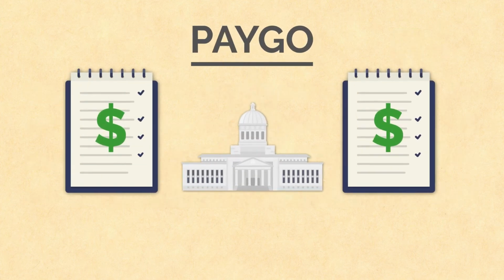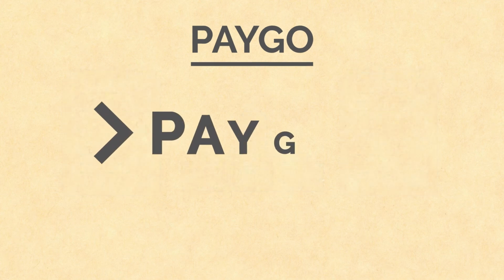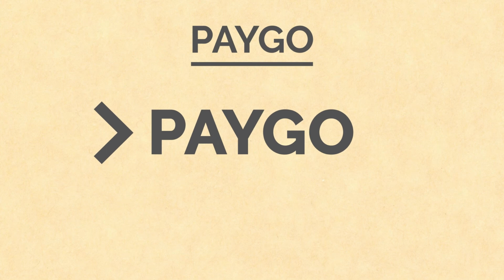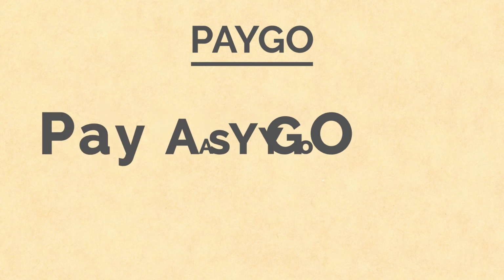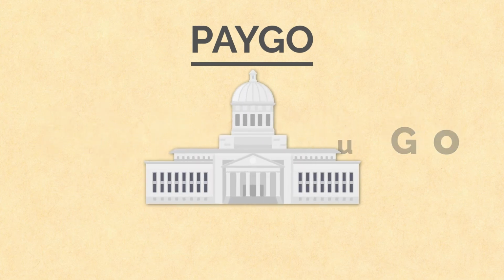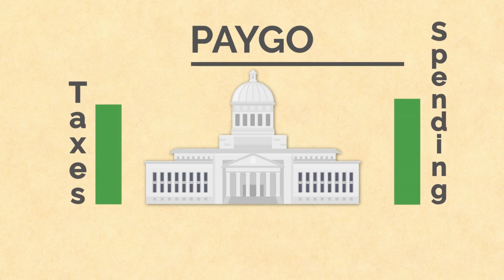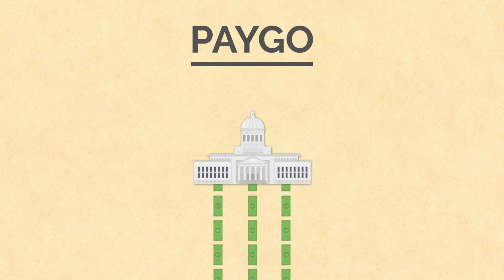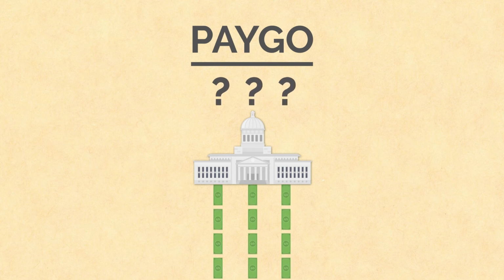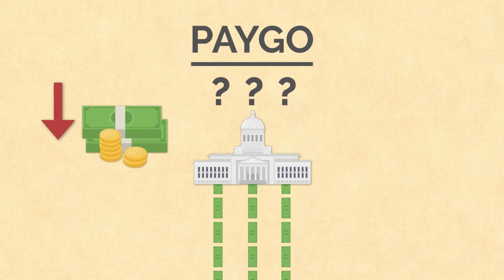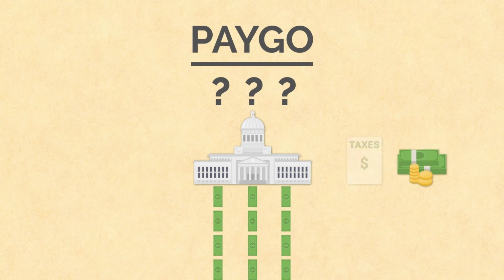PAYGO. Congress has rules to control deficits in the federal budget. The first rule is called PAYGO. PAYGO is short for Pay As You Go. PAYGO limits the amount of money the government can spend so that the deficit and the national debt don't get bigger. PAYGO means that every time Congress decides to do something that costs money, they have to explain how they will pay for it. They can decide to spend less money on something else, or collect more money in taxes,